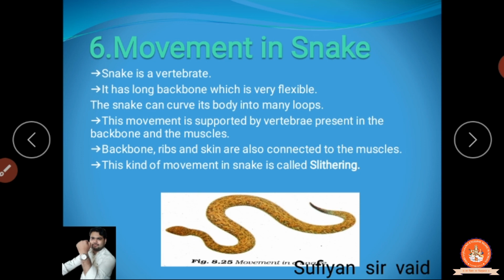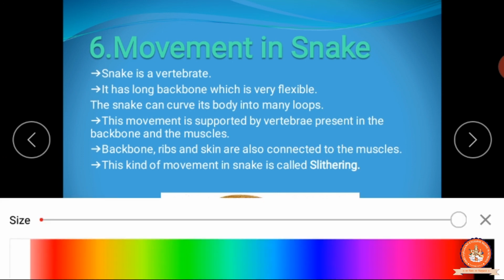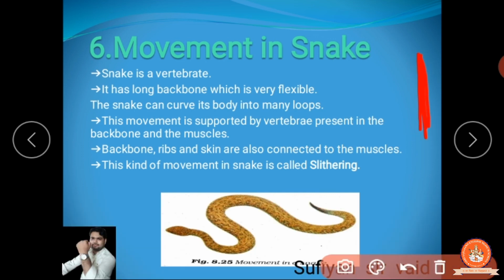Clear? When they catch their particular prey, अपना शिकार जब पकड़ते हैं, what they are doing, वो उसकी बॉडी को एकदम आटी मार के, like this is their prey, say it's a human, and what they are doing, यहाँ से ऐसे जाएगा, ऐसे करके पकड़ेगा और ऐसे करके मुंह खोलेगा उसके सामने. Okay? So it is very flexible to move. Clear?